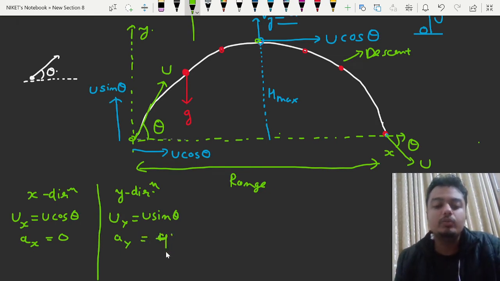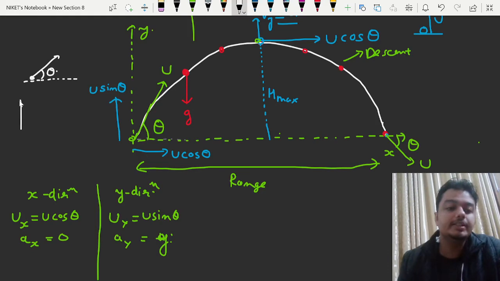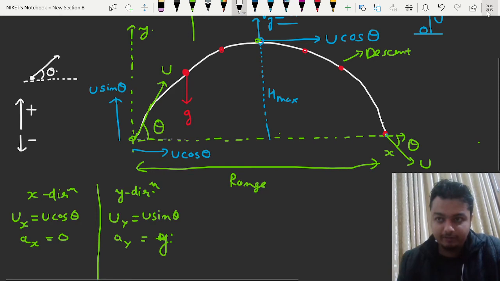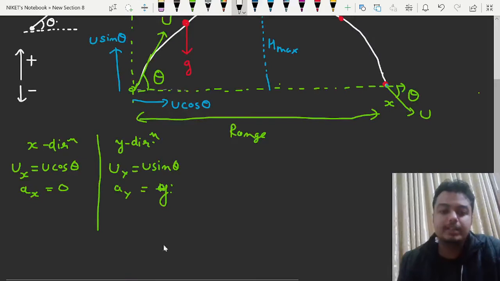That is also downwards. Now, one thing is very important. While doing the calculations or the mathematical part, you need to assign the positive and negative sign with respect to downwards or upwards. So let's say I'm considering upwards as positive. So by convention, downward becomes negative. Now, first objective of mine is to find out the time of flight for this projectile motion, so the time taken to go from point A to point B. Now for doing this, see how it becomes very easy.